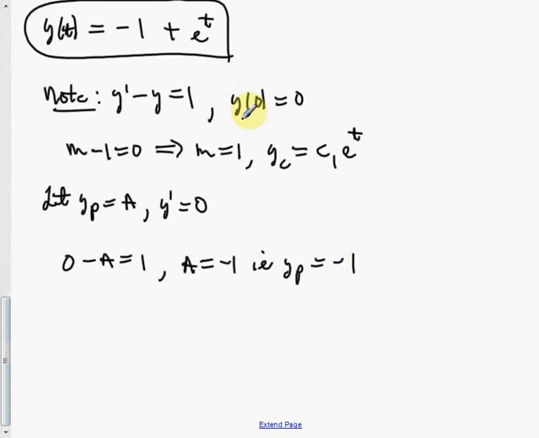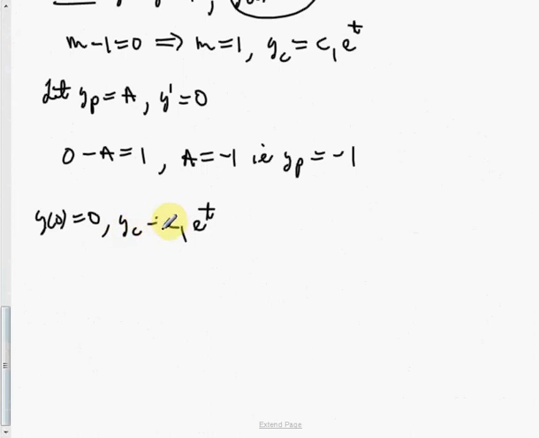But oh yeah, we had an initial condition. I forgot about that. So we take the initial condition coupled with y sub c equal to c sub 1 times e to the t, right? And let here y is equal to 0. That's equal to c sub 1 times e to the 0. Well, that implies,